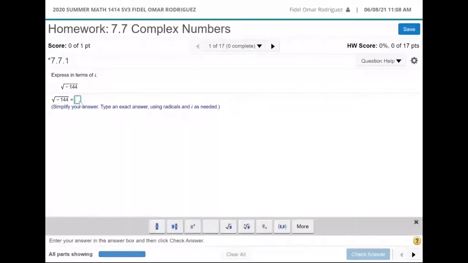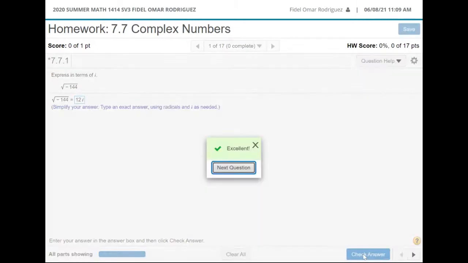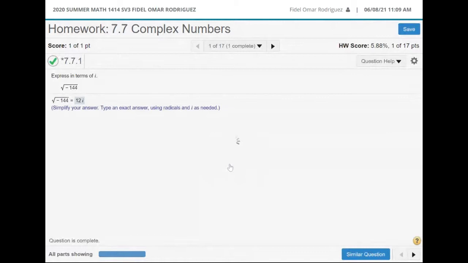I want y'all to notice down here at the bottom, the fourth one has that little letter i. That's where I'm going to access my i. On the inside, I see a negative, so I already know I need to put an i. My question to you guys, does anybody know what the square root of 144 is? If you know it, can you throw it in the chat box? There you go, 12, perfect. Excellent. So I'm going to type in 12. My answer is 12i. I'm going to check. We got it. Let's go to the next one.